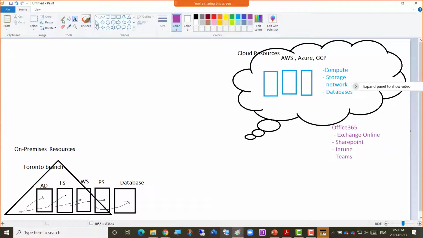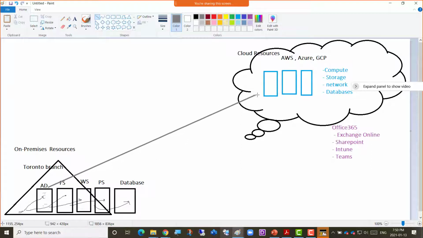So then the company says, okay, my end users are actually here in Active Directory, and they use the local services here in the Toronto branch, on-premises resources. How can they actually use the cloud services as well? So then you create a connection of the local Active Directory. What is Active Directory? Active Directory is a central authentication and authorization system, right?